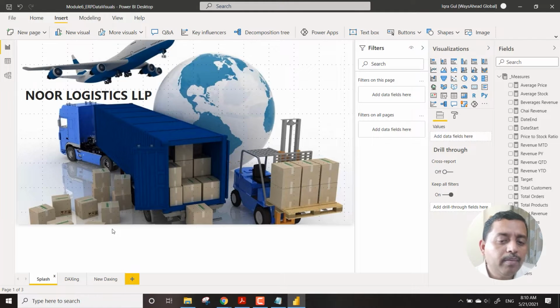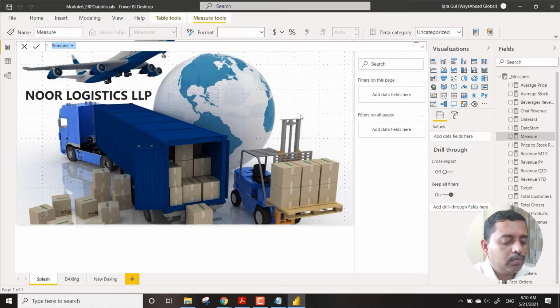Now apart from that, what happens is that you should have one option which shows the current date maybe. So what you can do is you can just take a measure, and usually what we call it as, let's say, last refresh, right?